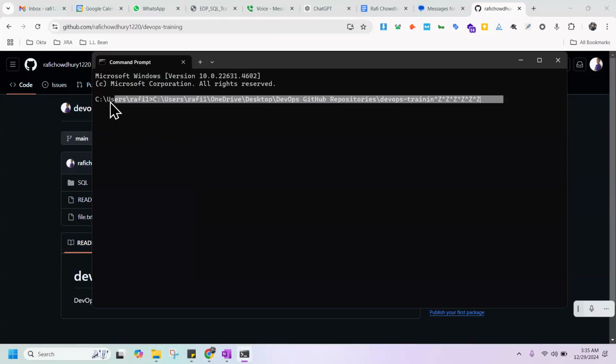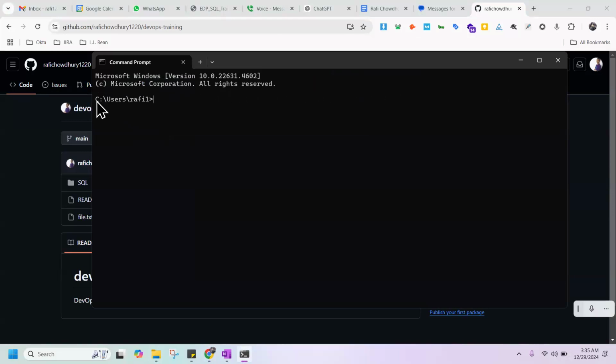Just skip this, press back, just remove this line, and write the CD. CD means change directory, right? You want to move into that particular path, so write CD, space.